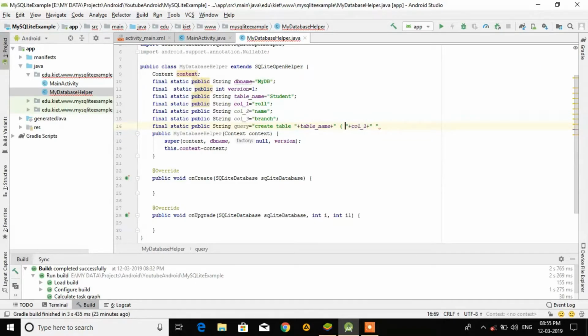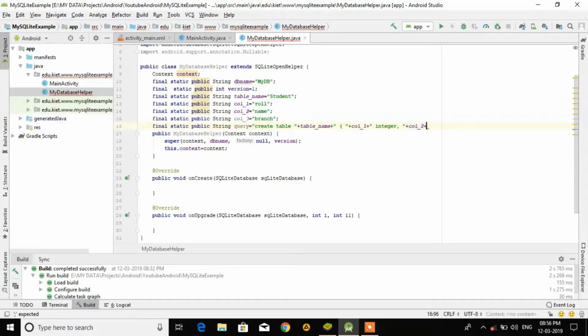Remember, space is compulsory to give all these space, then is a number, or we can say integer, okay, then second one integer, then we have to give next value, then next value is after space we have col 2,